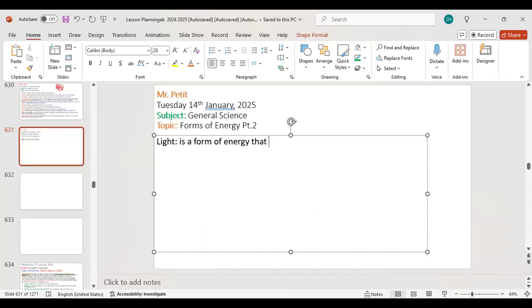that makes it possible for us to do what? Without light, what can't we do? We can't see. So light is a form of energy that makes it possible for us to what? For us to see. Very good. And it is important